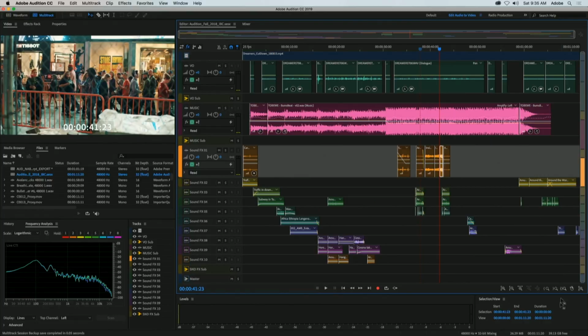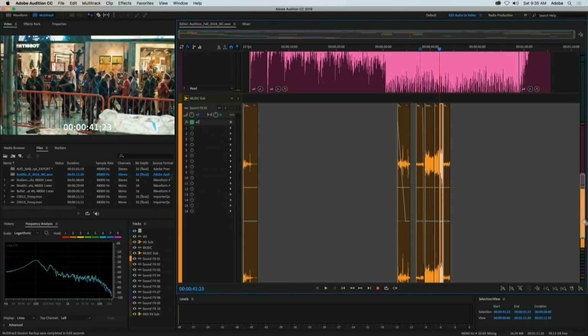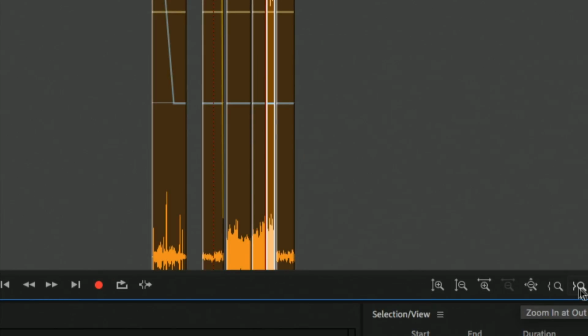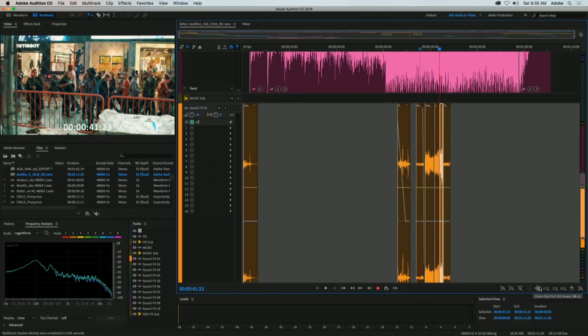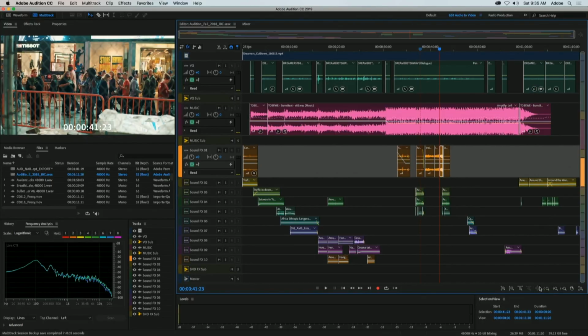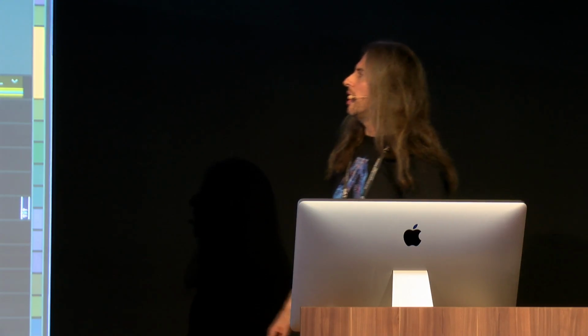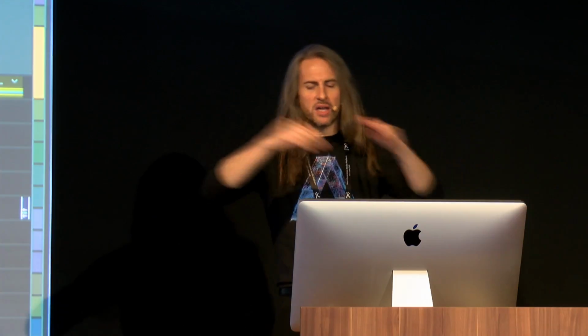Now, something else in terms of organization. First of all, we've modified some of the zooming capabilities inside the UI here. You're going to find a newly optimized zoom out full axes button. And when you click this now, this had some kind of random behavior before. It'll bring all of your tracks into view, minimize accordingly if need be, and just bring everything horizontally and vertically